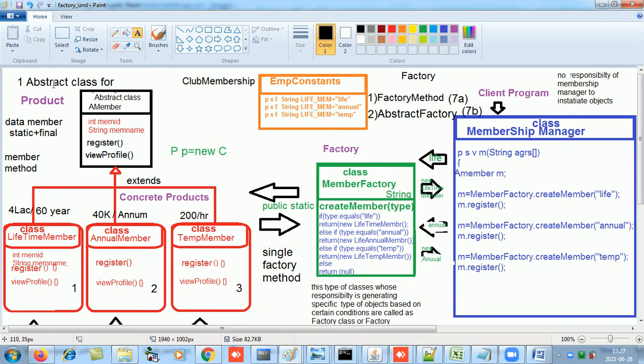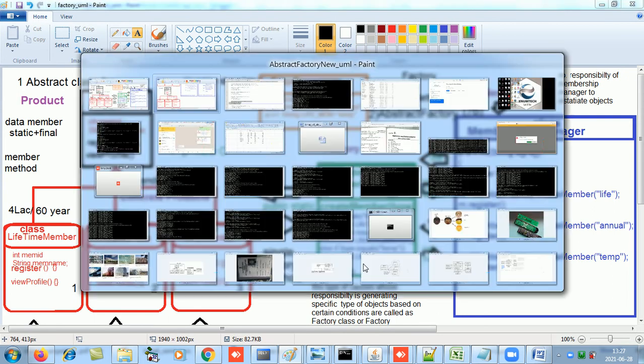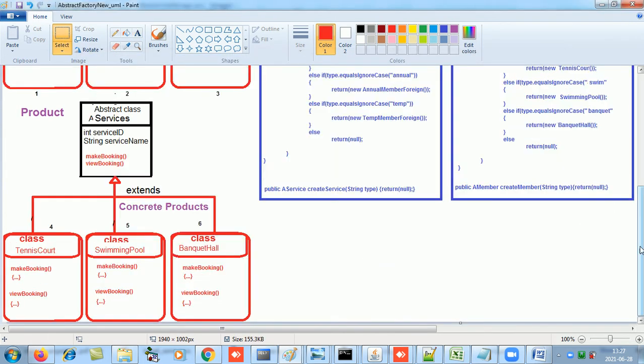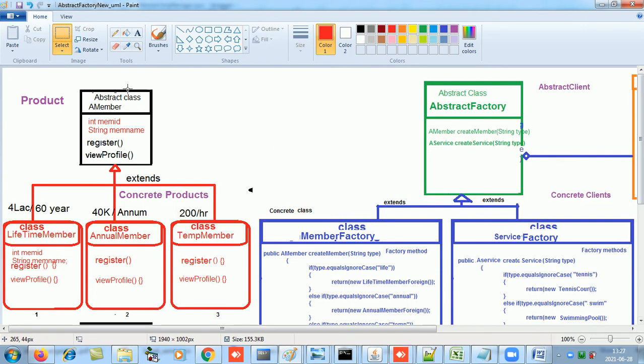For one abstract class, I would have one factory method which would return me objects of the concrete classes of that abstract class. Now what if I have two abstract classes? Now the application has scaled. I have one abstract class AMember, which will give me types of members: lifetime member, annual member and temporary member.